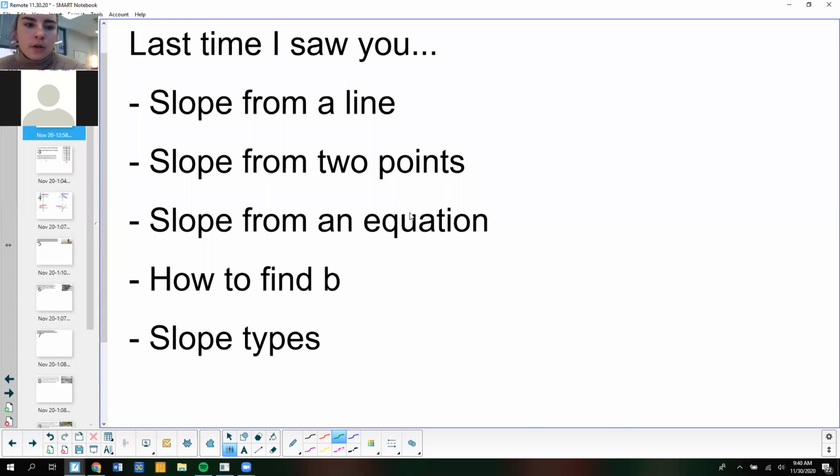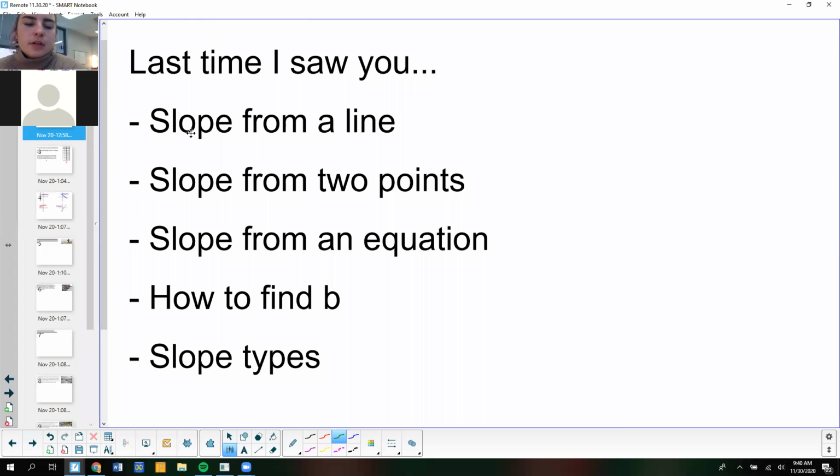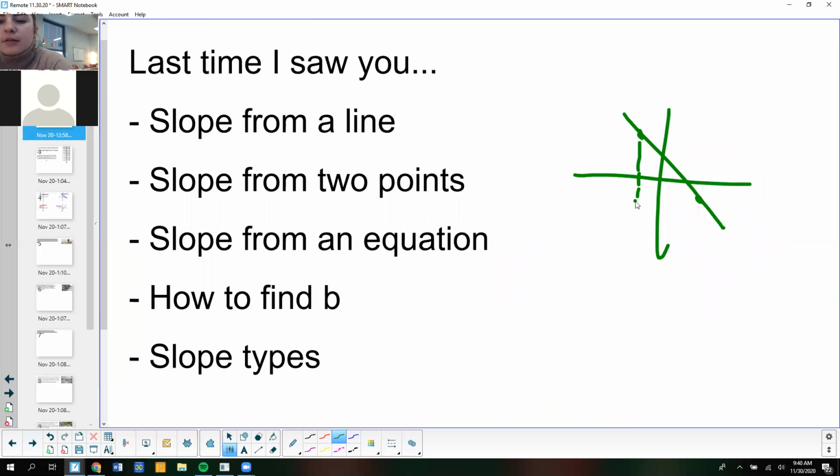All right, so it's been a long time, but last time I saw you, we talked about getting a slope from a line. So when we've got a graph and we've got a line, you pick out 2 points, doing the rise over run type of thing. So finding the slope from a line, also finding the slope from 2 points. Having 2 points on a graph and being able to find the slope using that y2 minus y1 divided by x2 minus x1 formula that we've been talking about